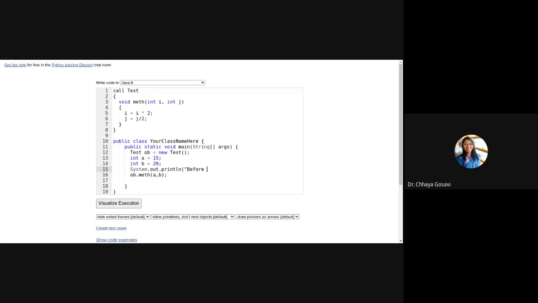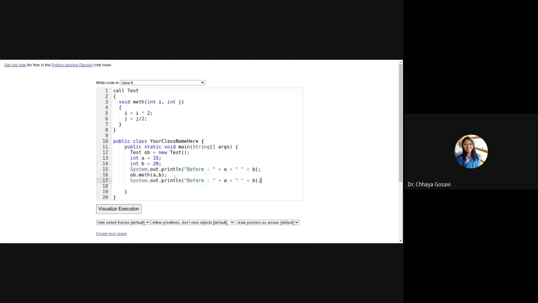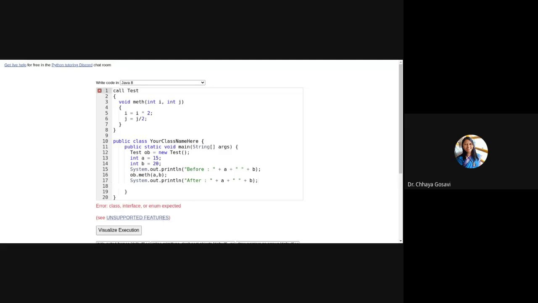Before, a, space and b, before execution of the math method and after execution of the math method. Okay. If I want to execute this,